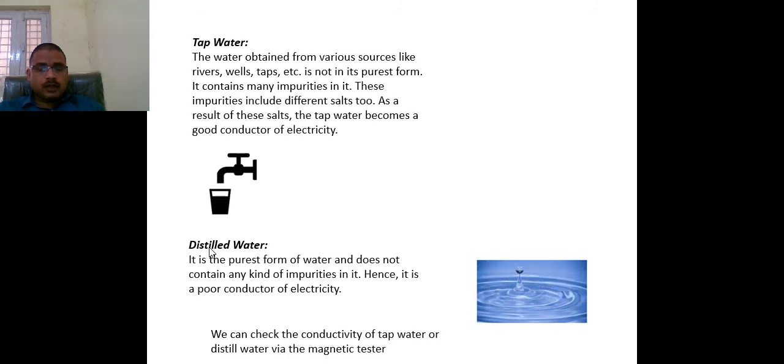These things I have already discussed. We have talked about whether tap water conducts electricity. Yes, tap water conducts electricity. Why? Because of its impurities. There are many impurities, and all these impurities are basically minerals. Because of the presence of minerals, it becomes salty in nature, and because of that salty nature, it conducts electricity.